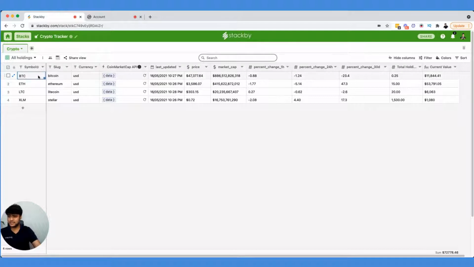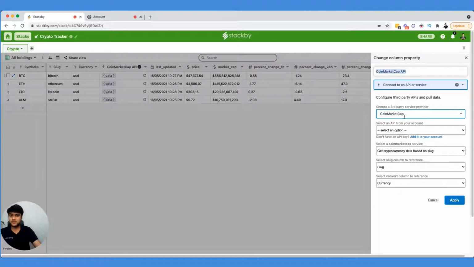So the first thing is, I want to basically get all the symbols of the cryptocurrency that I'm interested in, or that I've invested in. So basically, this is Bitcoin, Ethereum, Litecoin, and Stellar, and the currency that we'll use is USD. What I have then done is, I've connected a particular column to the CoinMarketCap API.